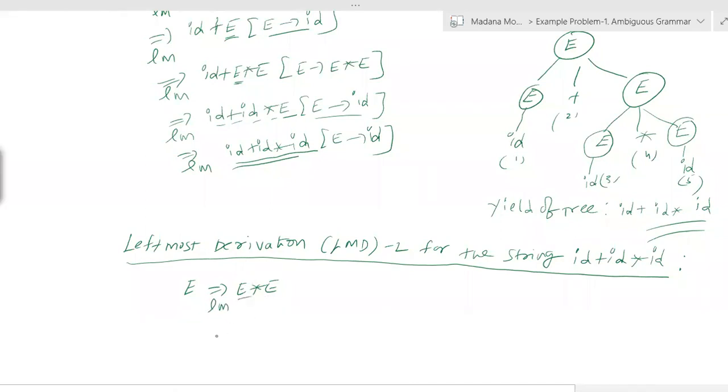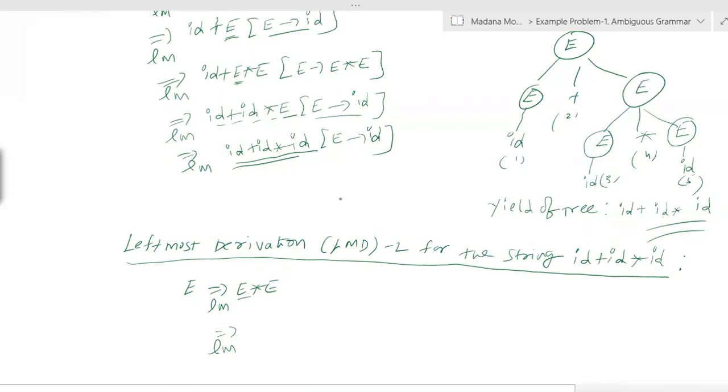So the leftmost E first we have to replace. See the given string. Here the expression is in the form id into id. Before into, what you want is id actually. But directly we can't substitute E by id. The reason is that whenever you substitute E by id, before that id we need a plus. It is not possible to substitute a plus expression in place of id. That's why first we want the leftmost variable replaced with a production containing a plus.